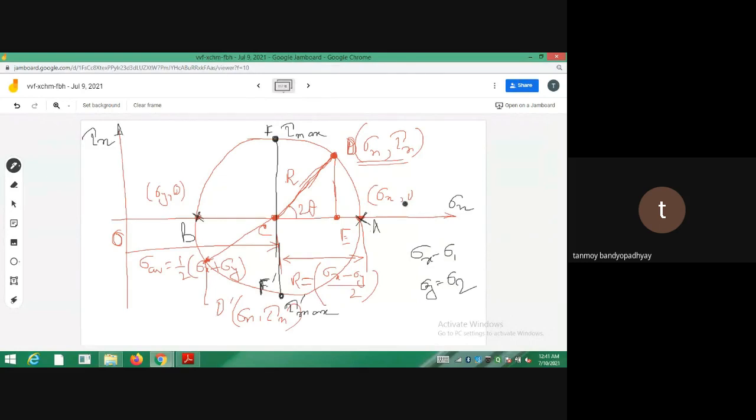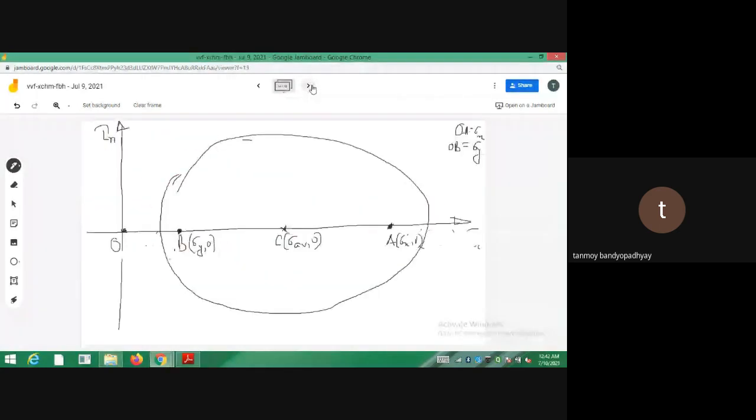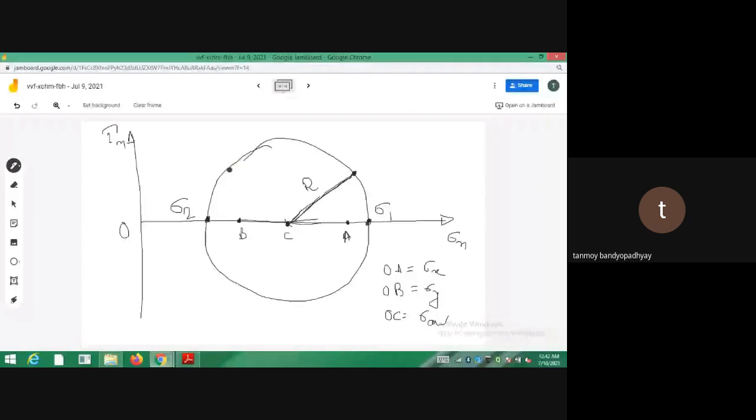Because this is the shear stress axis, this point will be carrying the maximum shear stresses, and all the points lying on this sigma n line will be carrying the maximum normal stresses. So this one will be the maximum normal stress sigma 1, and this will be sigma 2, because in this case sigma x and sigma y are the same. This is sigma x comma 0, this is sigma y comma 0. Now let me go to the general case. Here it is meeting the sigma n axis. Let me give this point a name, any name you like.